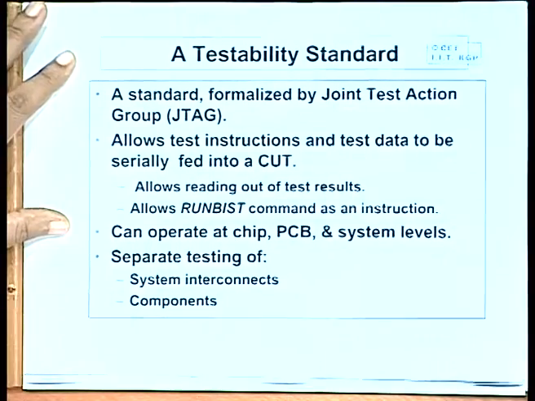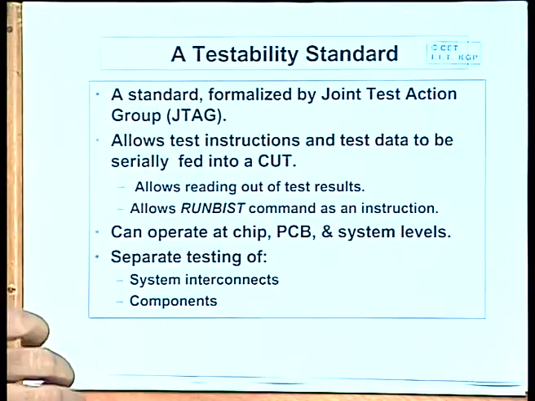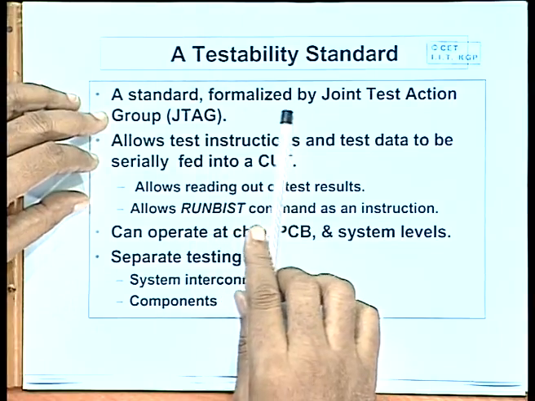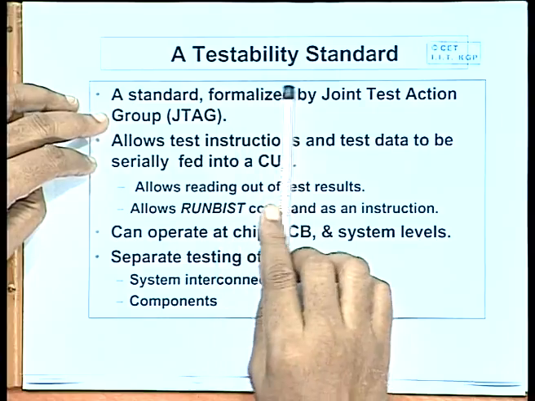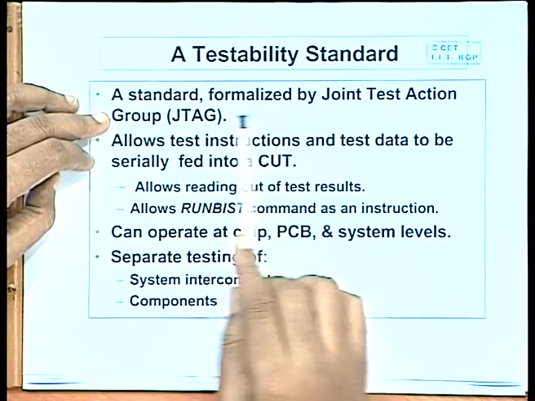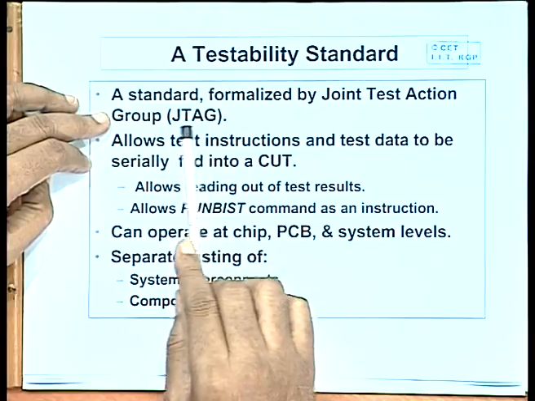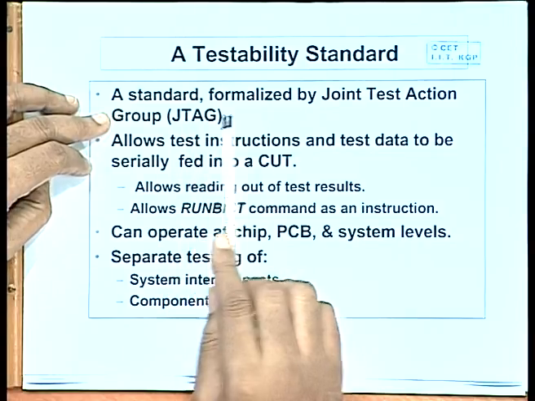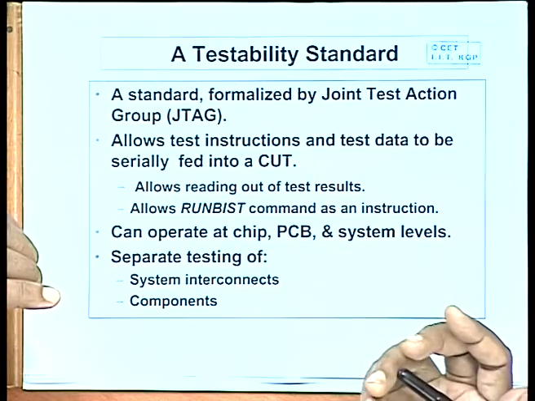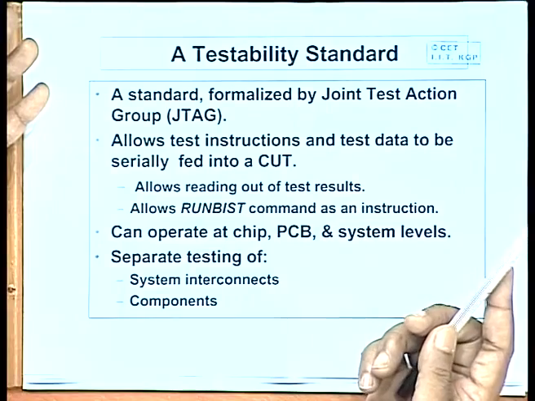Now, the committee which came up with this standard included almost all the leading industry people, and the consortium was called Joint Test Action Group, and this JTAG name has become so popular that this boundary scan is sometimes also called synonymously as the JTAG standard. Okay? JTAG and boundary scan are